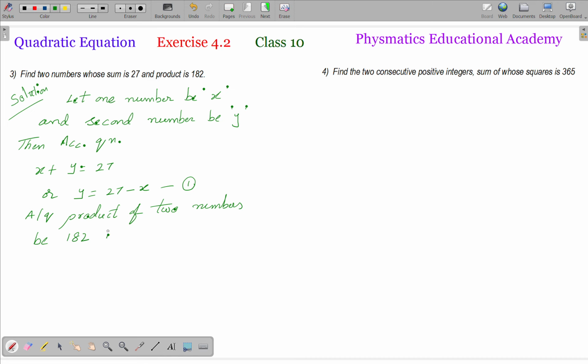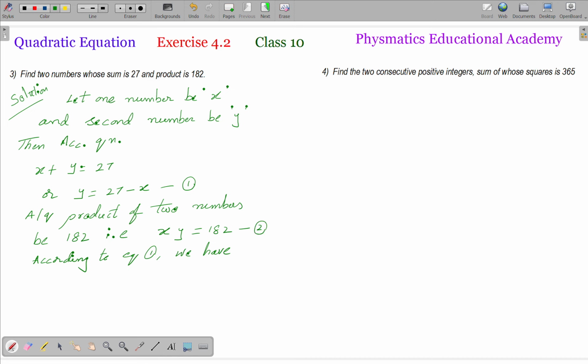That is, xy is equal to 182. This is equation 2. According to equation 1, we have